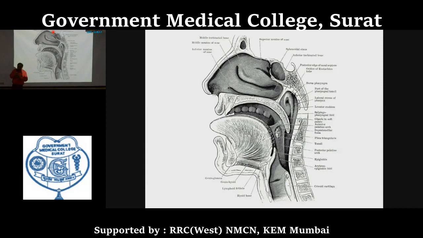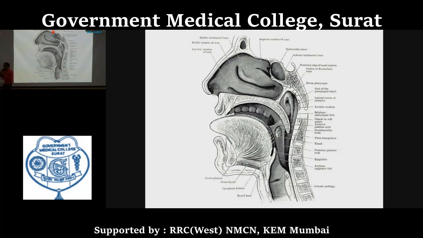Now, what I am going to explain right now are the basic surrounding relations. Anteriorly, it communicates with the oral cavity, nasal cavity and the laryngeal cavity. Posteriorly, it is related with the prevertebral layer of the cervical fascia. Superiorly, it is the cranial base, and inferiorly, it is continuous with the esophagus at the level of the sixth cervical vertebra. Now, what about laterally? You can't get the lateral relation from this figure because it is a mid-sagittal section.